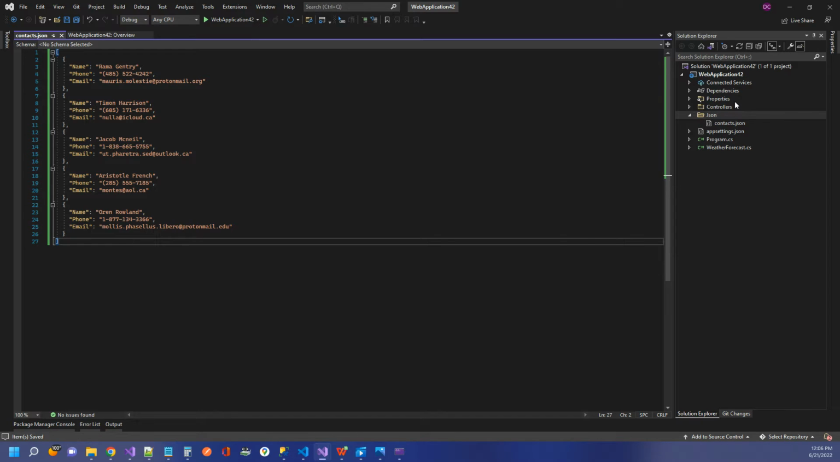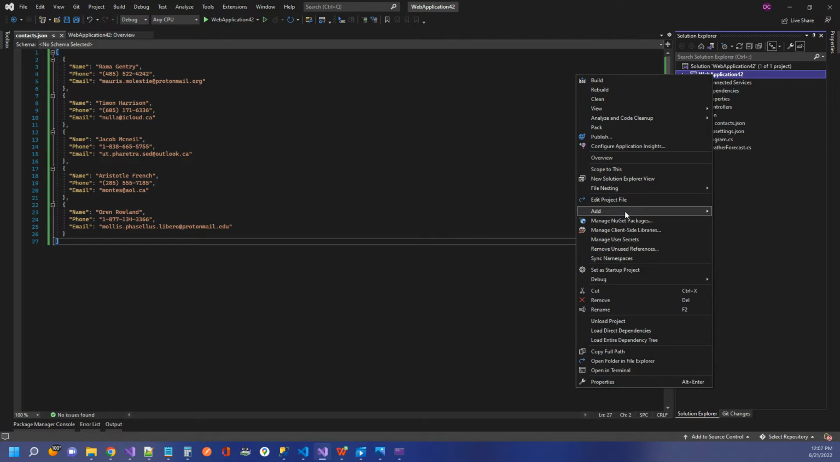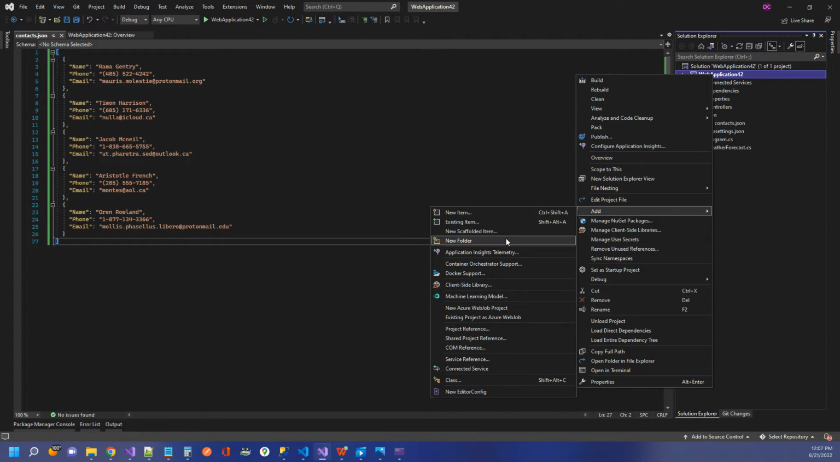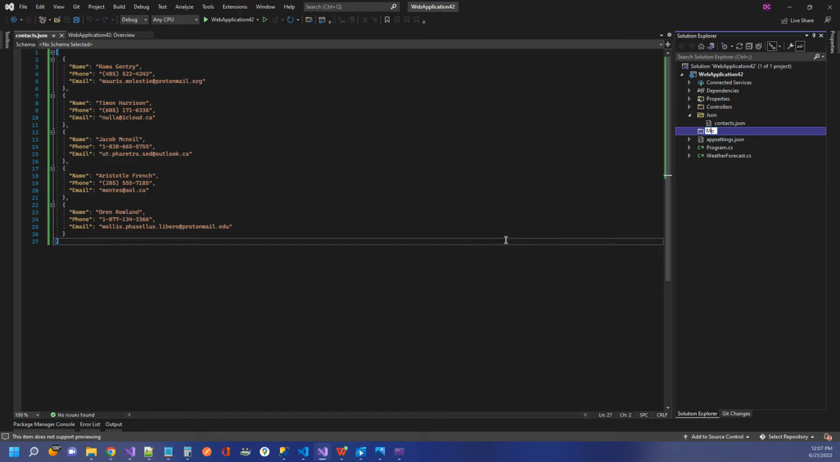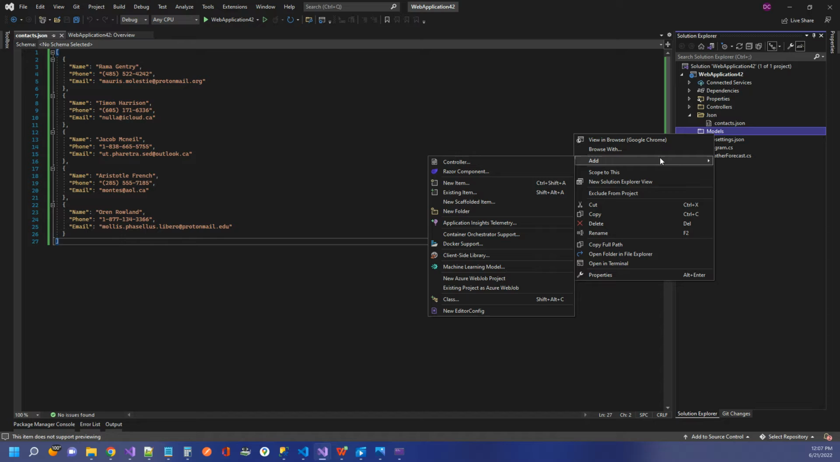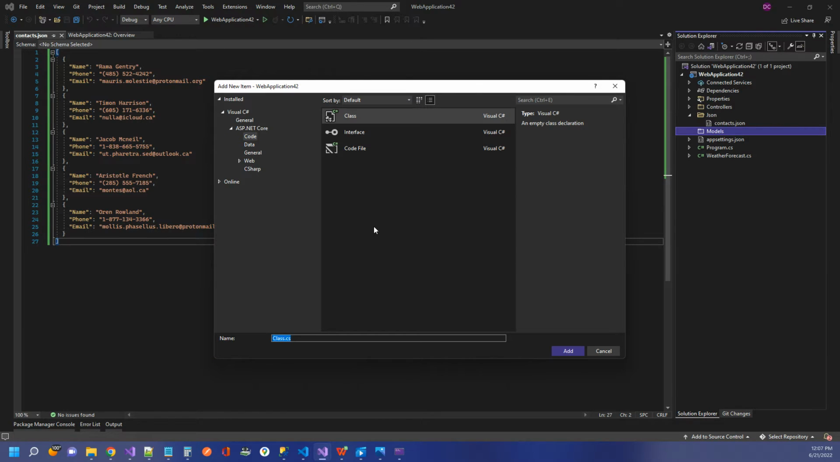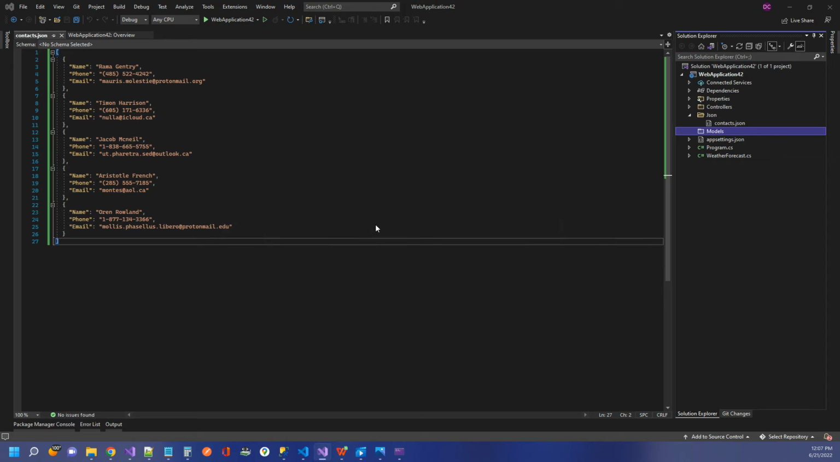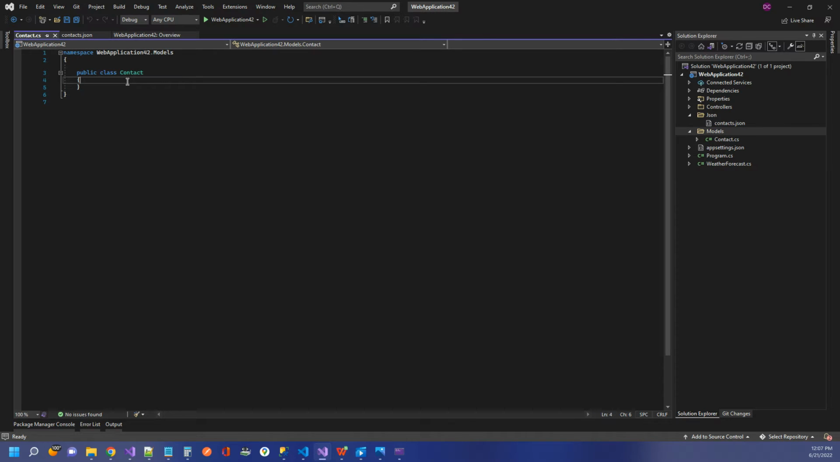So the next thing we need to do is create a model. So we're going to create a contact model. For that, let's right click on our project again, go to Add New Folder, and create a Models folder. Right click on the Models folder, Add. Go to Add Class this time, and I'm going to call it Contact. And for this, I'm going to add a